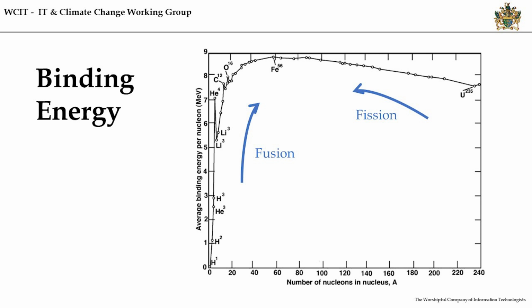For fusion, we've got two light elements. Typically, we've got deuterium and tritium, which are down here on the graph, and we're looking at combining them into typically helium. We're releasing this binding energy from the nuclei, and we're using that energy to power our turbines. From the other side of the coin, we've got fission. We've got our heavy element, uranium, and there we're splitting the atom, making a heavy element into lighter elements, again releasing binding energy. And that's what we use to power our systems.